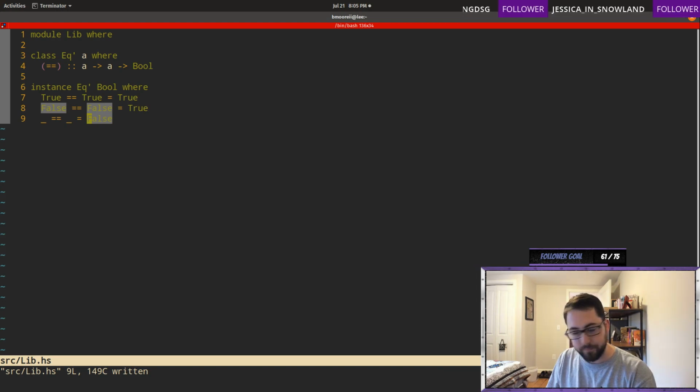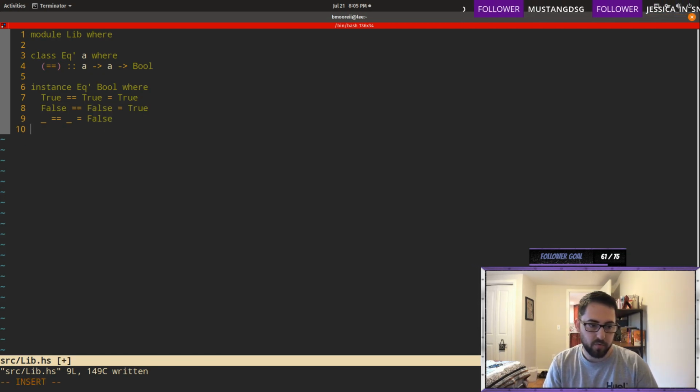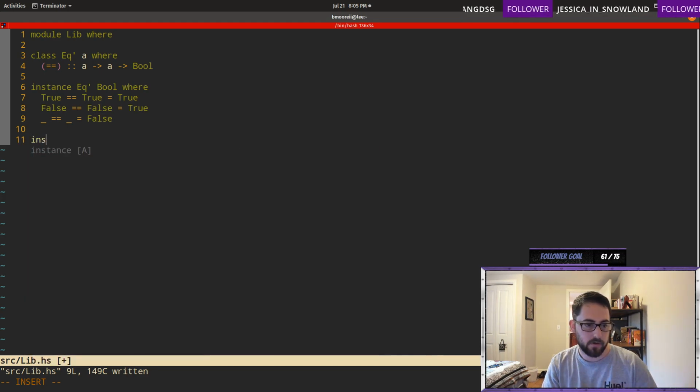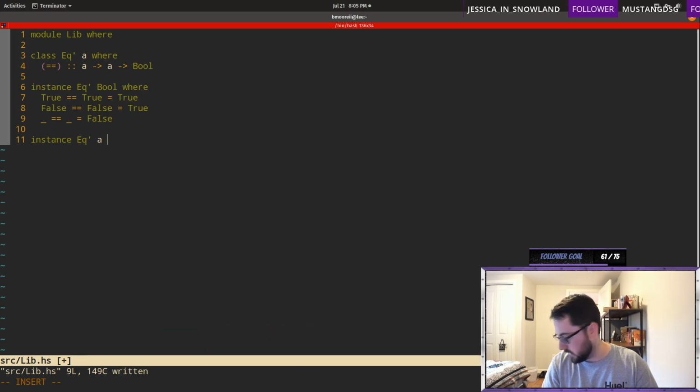Take it easy. So essentially every single type that you want to use this Eq type class for, you need to define an instance for Eq. So in this case, we can do Bool. You can do lists. So for example, you could write instance Eq a.